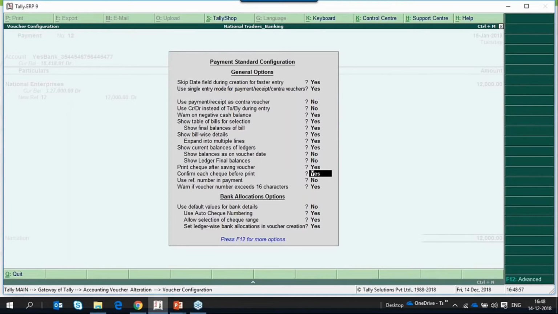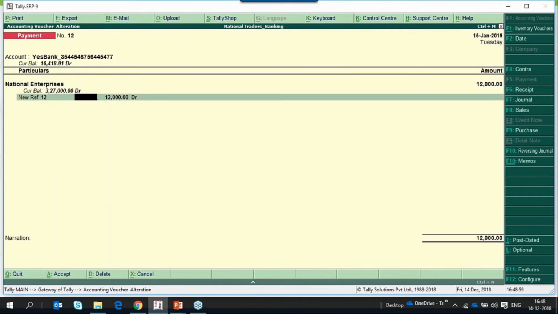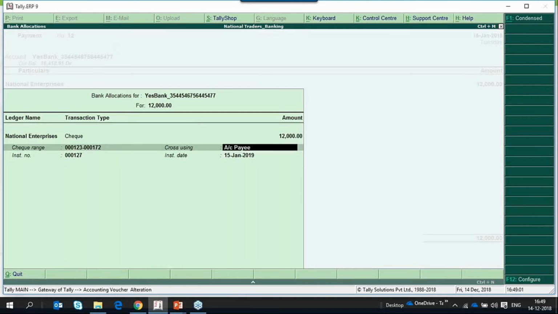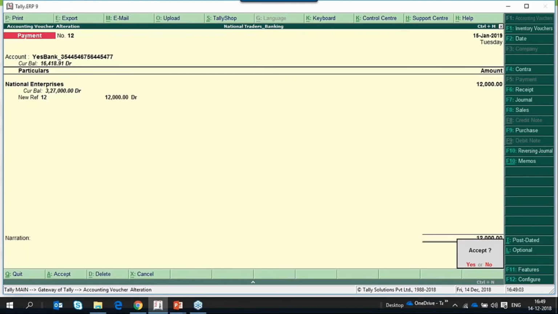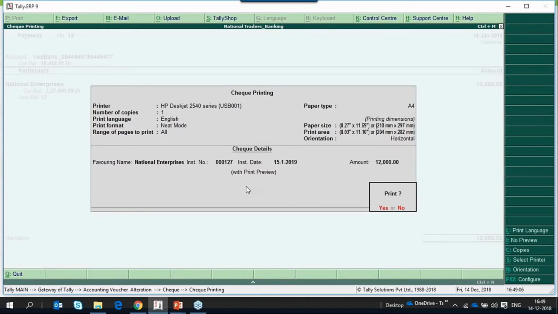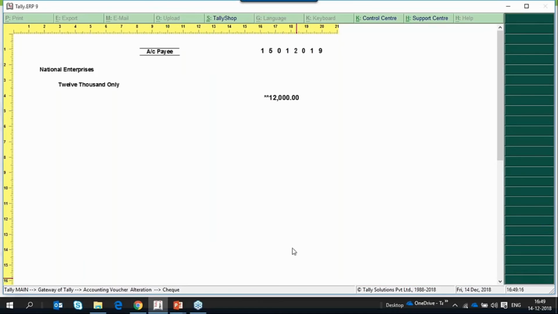This option has to be enabled for printing each check after saving. So now, after accepting the voucher, it is giving us the check printing screen. Here it is giving the complete information. When we print it, this information will be printed on your check leaf.